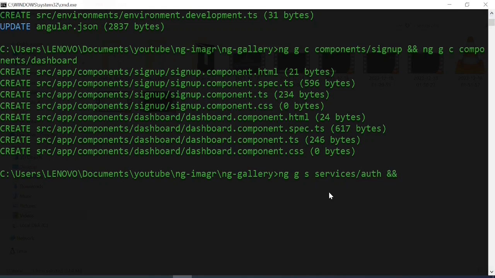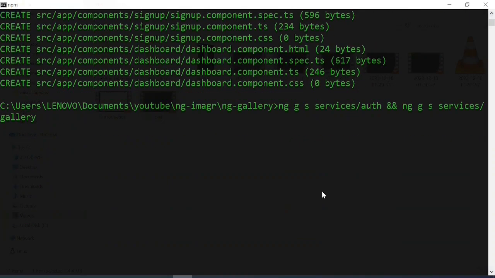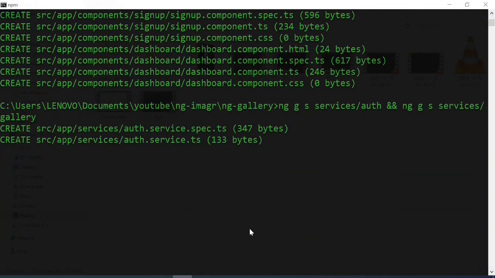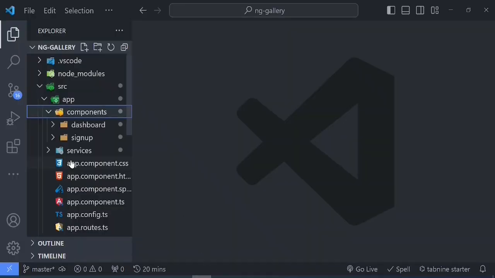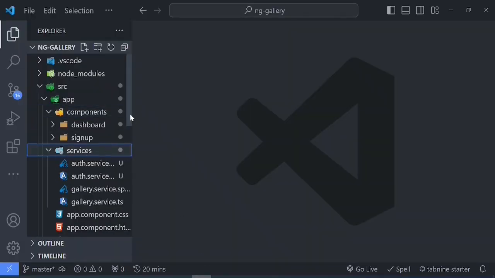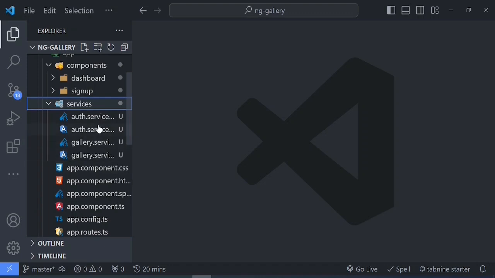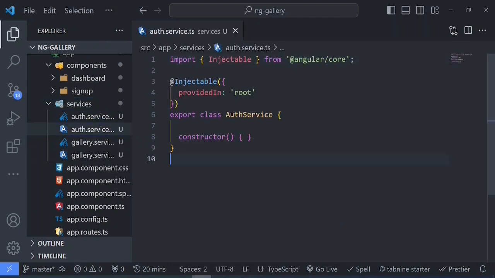So I think I should probably create the second service while we're at it. So I'm going to run ng generate service. Under the services folder, we have the gallery service. So let's press enter and wait for these two files to get generated. As you can see, the auth service has been generated for us. So within the services folder, we can open up the auth service